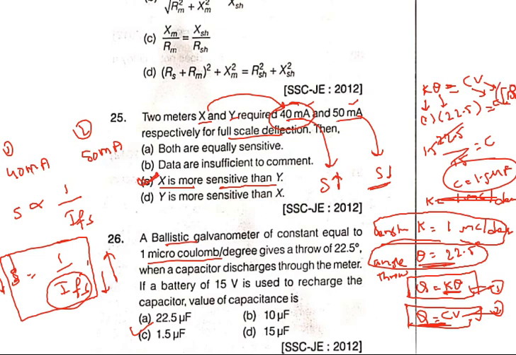Here 15 is multiplying, send this side, it will divide. So 22.5 by 15, how much? 225 divided by 15 is 15, here the point is there, so write the point here. So C equals 1.5 microfarads. Okay, so this is the solution for this. So 1.5 microfarads is the correct answer.